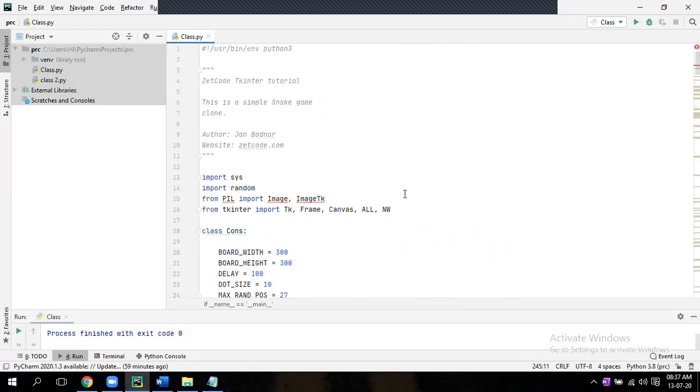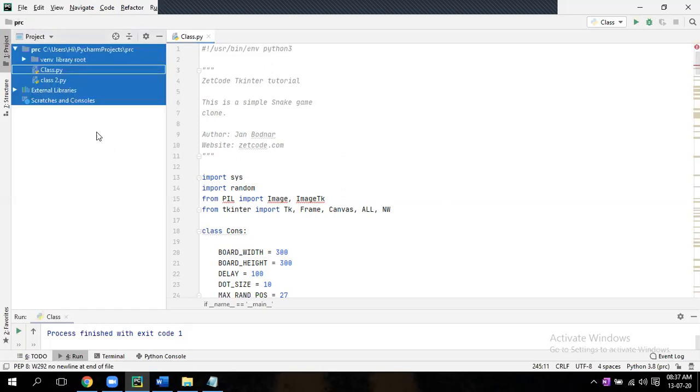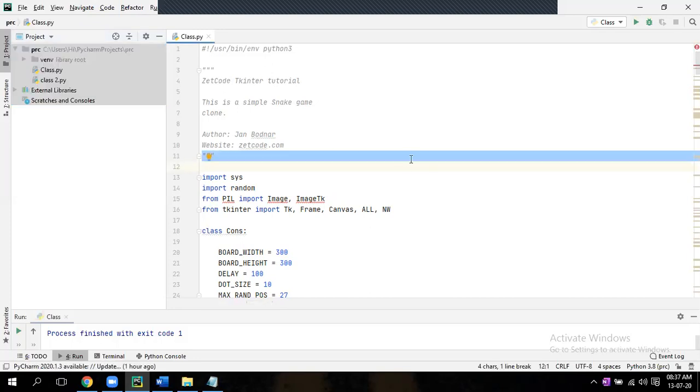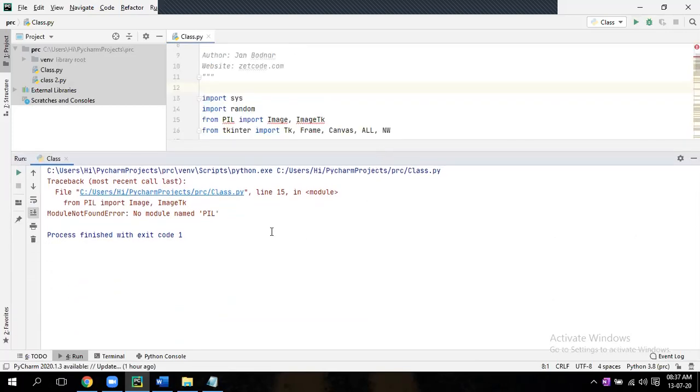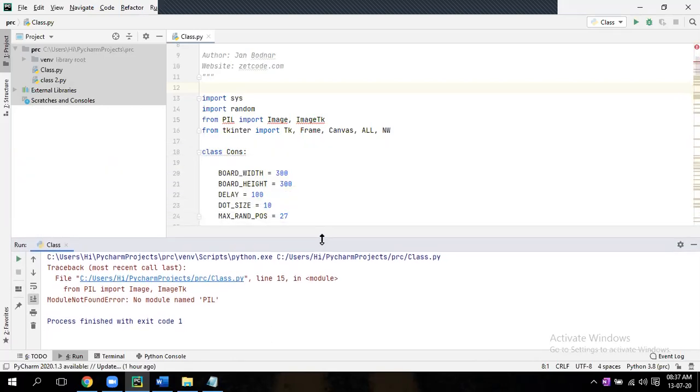Run it. I think some output came. Maybe it is not that simple a game. Okay, the PIL module is not there, so you have to install that. Okay, leave it. Maybe just a small program.